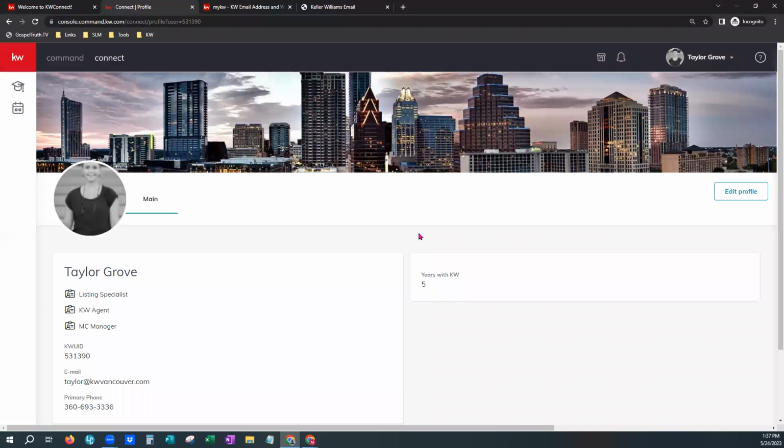On this particular profile, this is going to be inward facing. Consumers do not see this profile at all. This is only for other KW agents that would be able to locate this information about you when they are in the referrals tab within Command. When they are looking for a referral partner, this is where they're going to find your information. There will be a quick link beside you or link to your name within the referrals tab. And so you can definitely go there and make sure your information is up to date for other agents